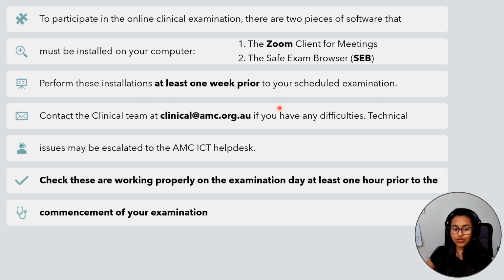So they ask you to do all these installations at least 1 week prior to your scheduled examination. Now, you can contact the clinical team at clinical@amc.org.au if you have any technical difficulties, and they will be able to support you. And I'm pretty sure these guys are really helpful, and a few of my friends who had some issues during their clinical examination,